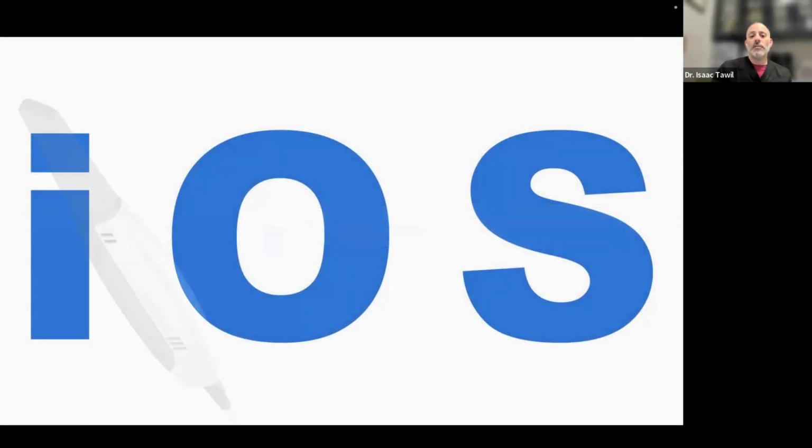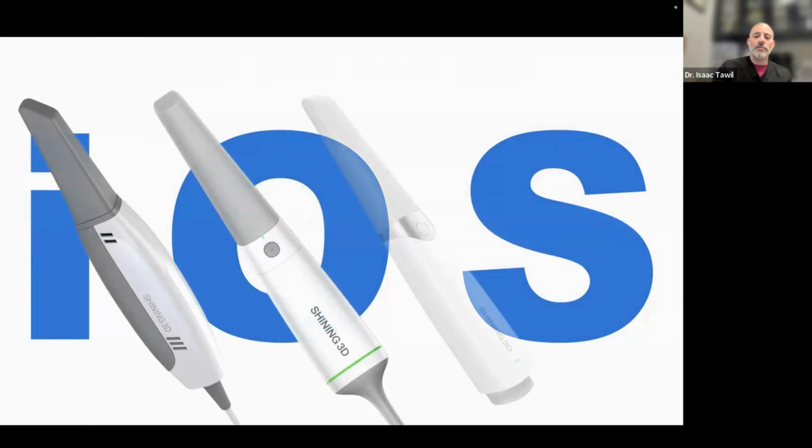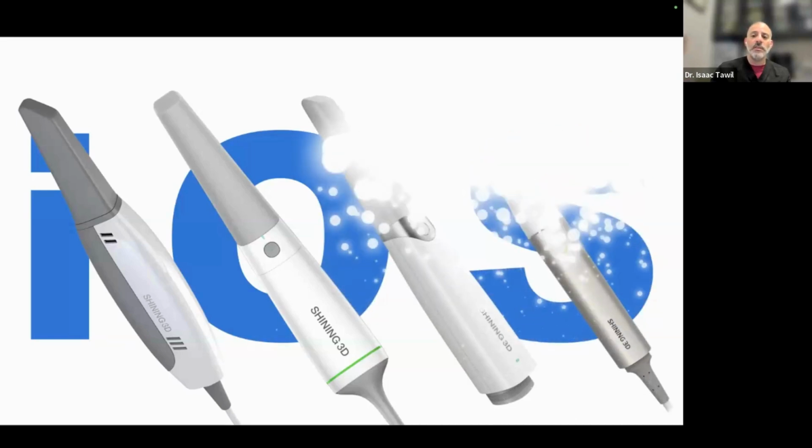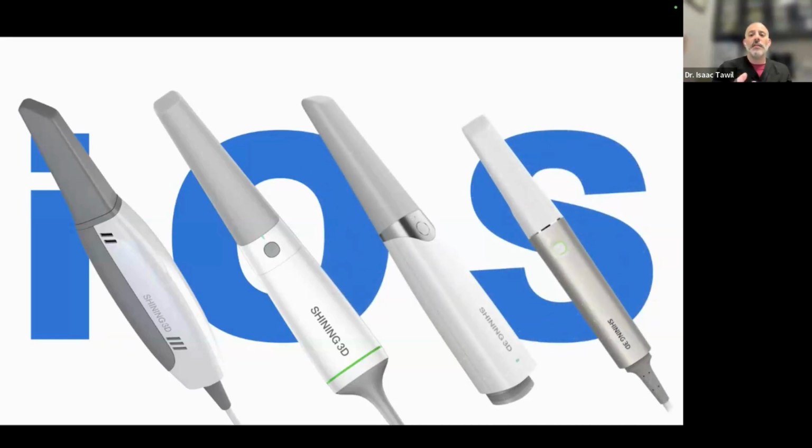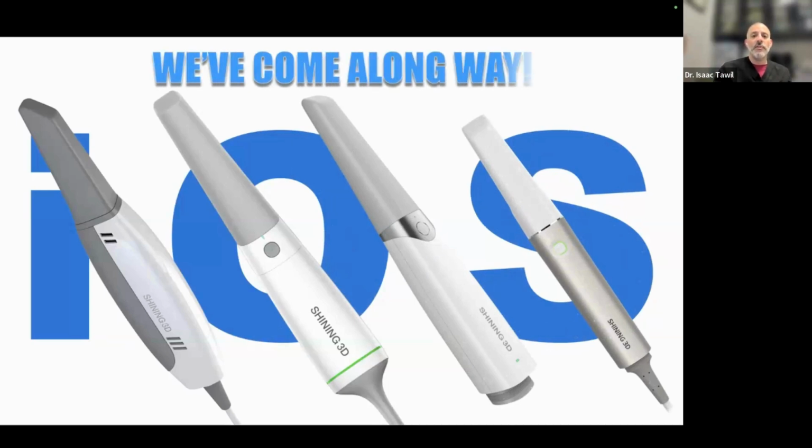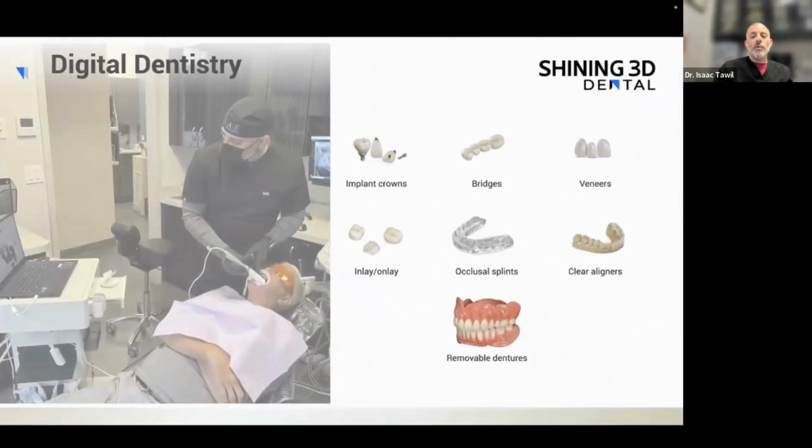We started with our Aoral scan. Our 2 was our first successful one, and then the 3, wired and wireless, gave us a real good oomph into the market showing that we actually can make really good scanning products. And then, of course, the latest development is the photogrammetric portion of that, the combination unit, which we'll discuss a little bit more as we move along. So we have truly come a long way at Shining 3D. We are able to do all the traditional things. This is not just a photogrammetry machine. It is one of the best scanners on the market.